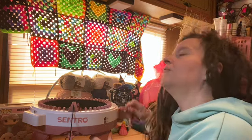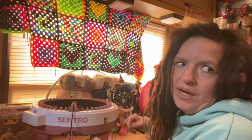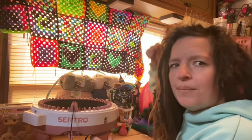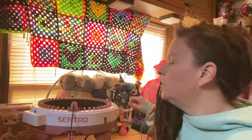So yeah, I've just been getting some things ready for that. I think I have most all of my amigurumi made that I want to make for this first craft fair. I have a couple squids to make. I mean, I have several squids, but I have some that I want to make just to get through the yarn type of a deal. But